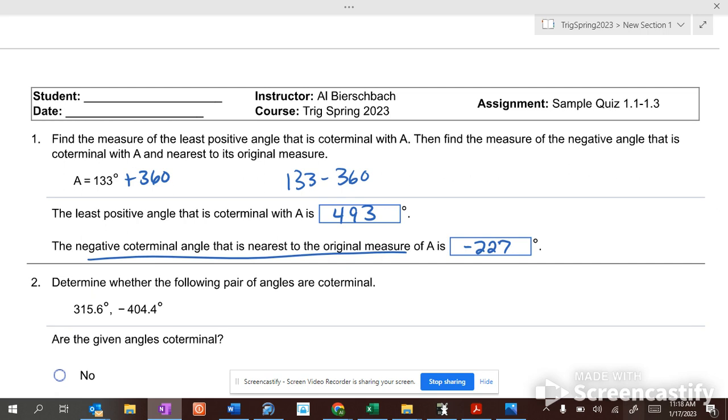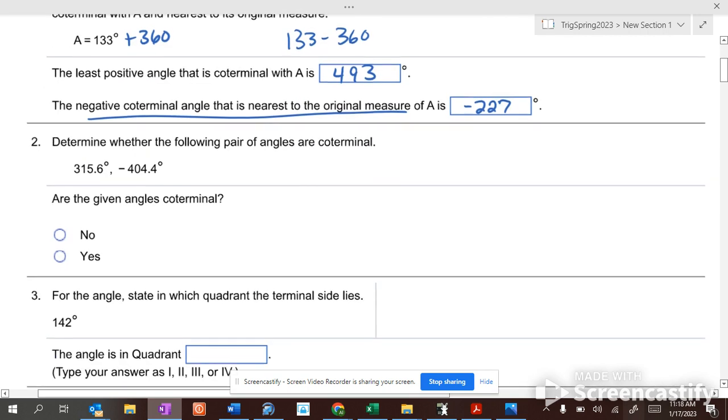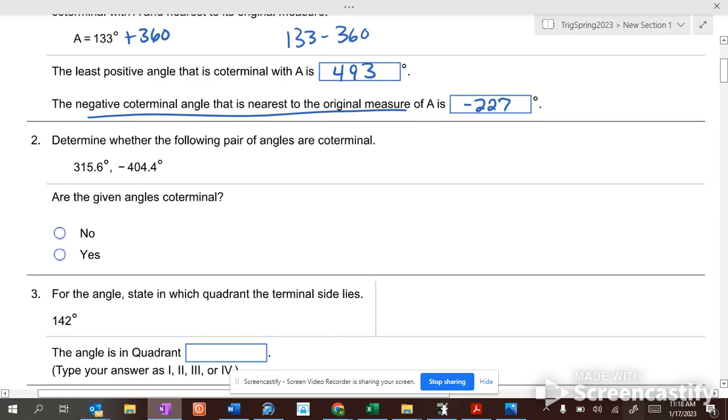Just add 360, subtract 360. Are these coterminal? Are these 360 apart? Well, they're definitely not 360 apart. Are they 720 apart? Because if you go around once, it's 360. If you go around twice, it's 720. Well, if you add these two together, or if you subtract them,